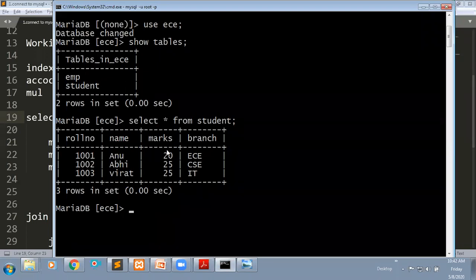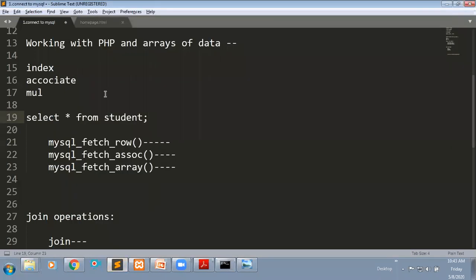This total thing can internally be treated as an array, where the column name is the key and the row value is the value. In the same way, name is the key and the name of the field is the value. Like that, internally the data is retrieved in the form of an array, which may be an indexed array or an associative array.